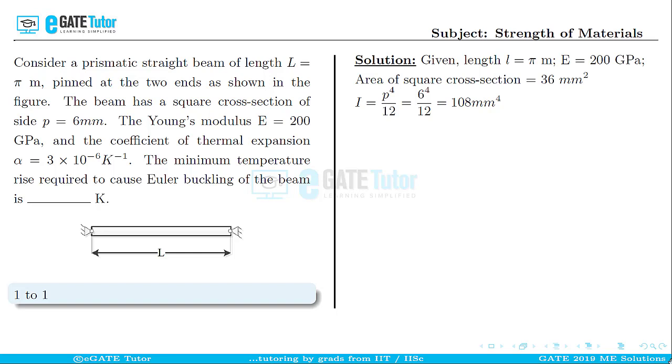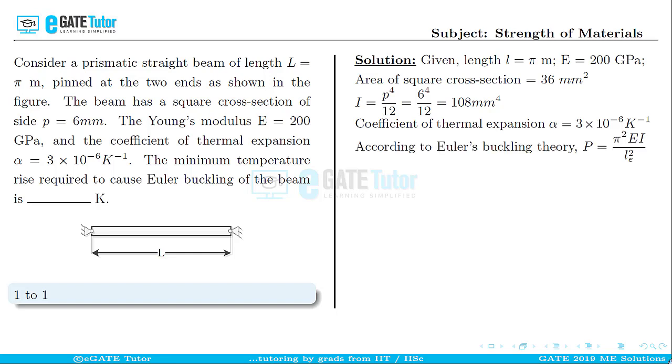4. We are also given the coefficient of thermal expansion as alpha equal to 3 into 10 power minus 6 per Kelvin. Now according to Euler's buckling theory, we get the critical buckling load as P equal to pi square EI by L effective square. Since the beam is pinned at both ends, the effective length will be equal to the length of the beam. So from the concept of thermal stresses, we can write the thermal stress as E alpha